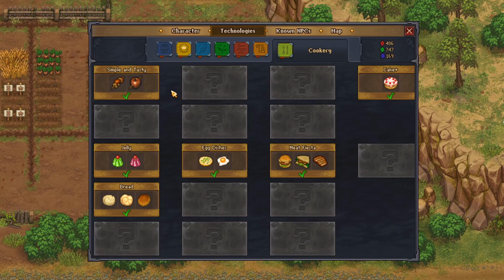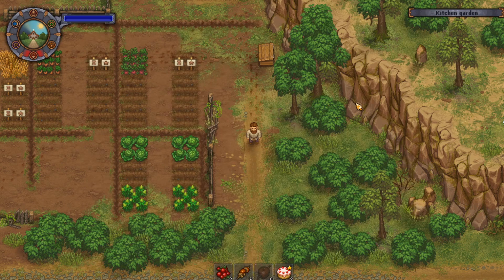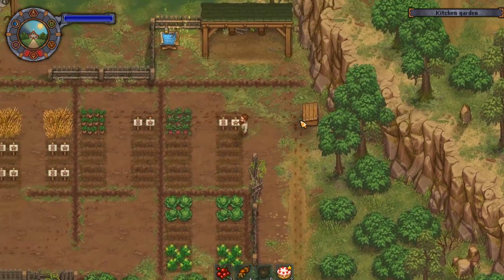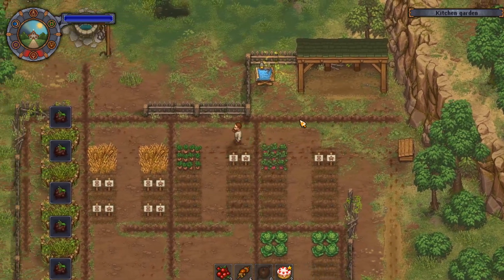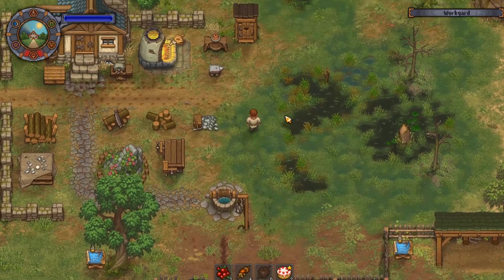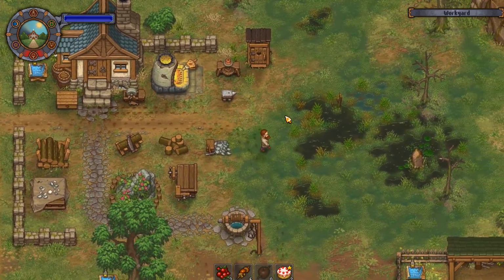there's an odd thing. If you notice here in your cookery thing, you can't make fish fillets. So you've got to go, and there's a peculiar character you need to come across, and he's tucked up somewhere, and we'll get to him in just a moment. What I want to do